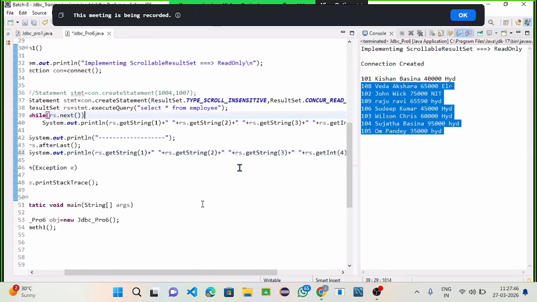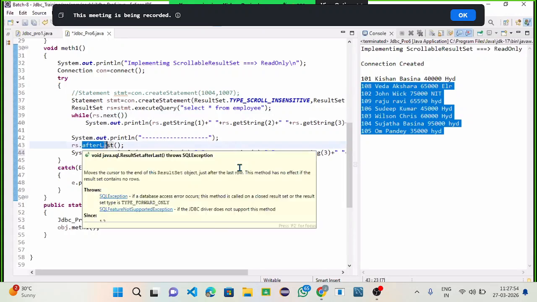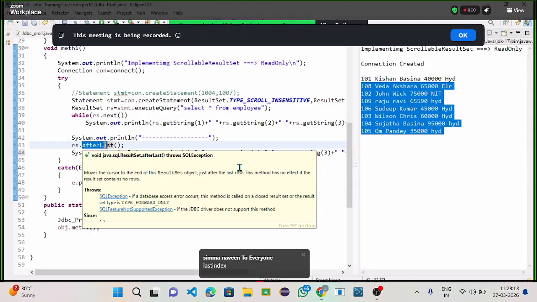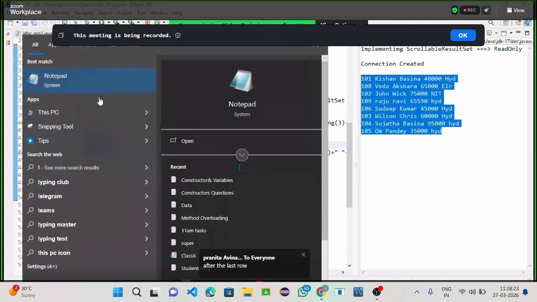Just let me try to get back here like this. Okay. Guys, you need to concentrate correctly. For afterLast, the description is already there. Could you please read the description and tell me where our cursor will be? Check, please check. Take time. Where will be our cursor? At the last row, or after the last row? Let me just try to